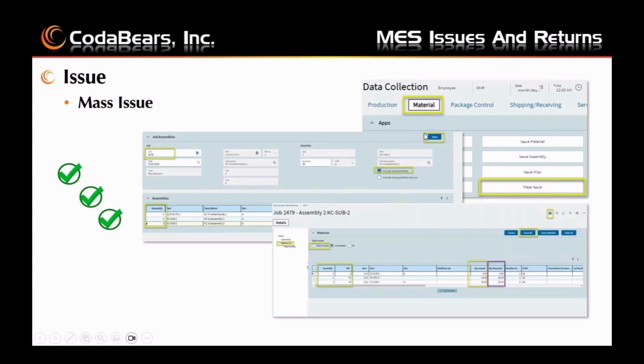When you click the issue button for mass issue, that brings up this third screen here. And when you click the issue all button, Epicor will fill in the quantity issued column and move the radio button to completed. Previously it was showing open issues before you click the issue all, but it shows completed after you issue all. You can see the quantity required for each material is in the purple there,